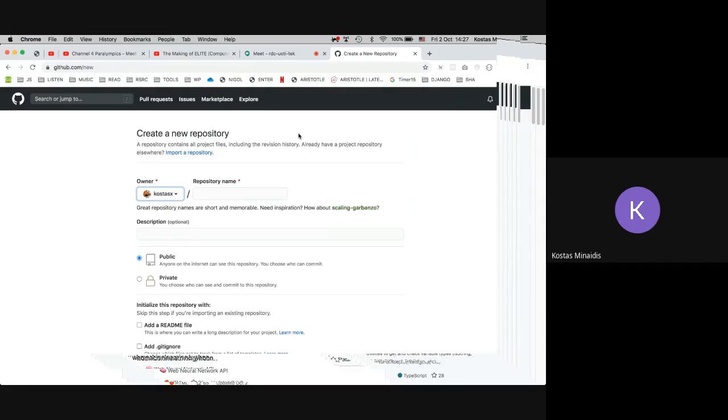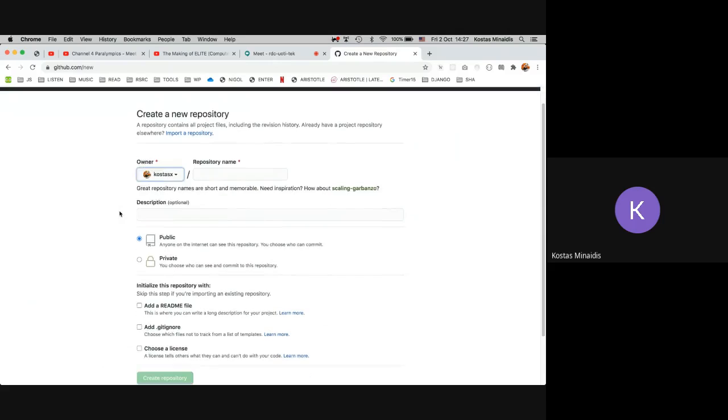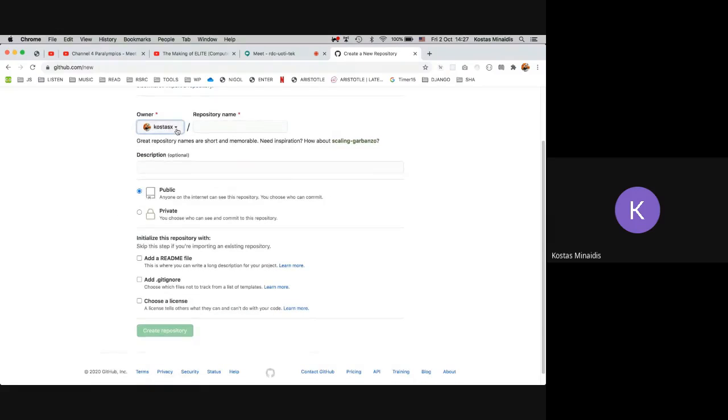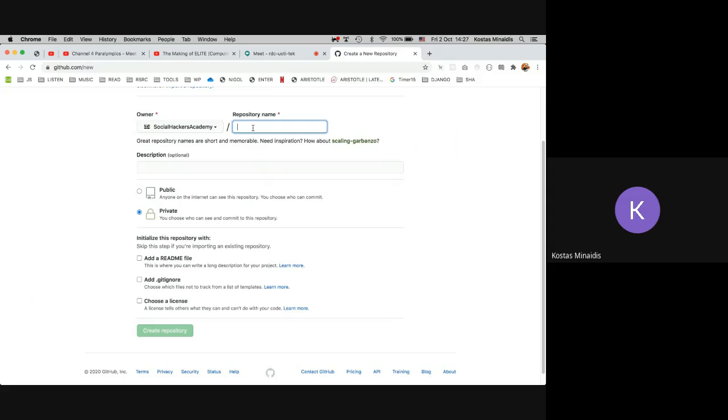So let me zoom out. Once I click on the plus sign and the new repository, I will name this repository. Now I can select other owners, other groups. You will have just your account. I will select Social Hackers Academy, and then I will name the repository. I will name it Social Hackers Watchlist. It says that it is available as a repository name, and then a short description,